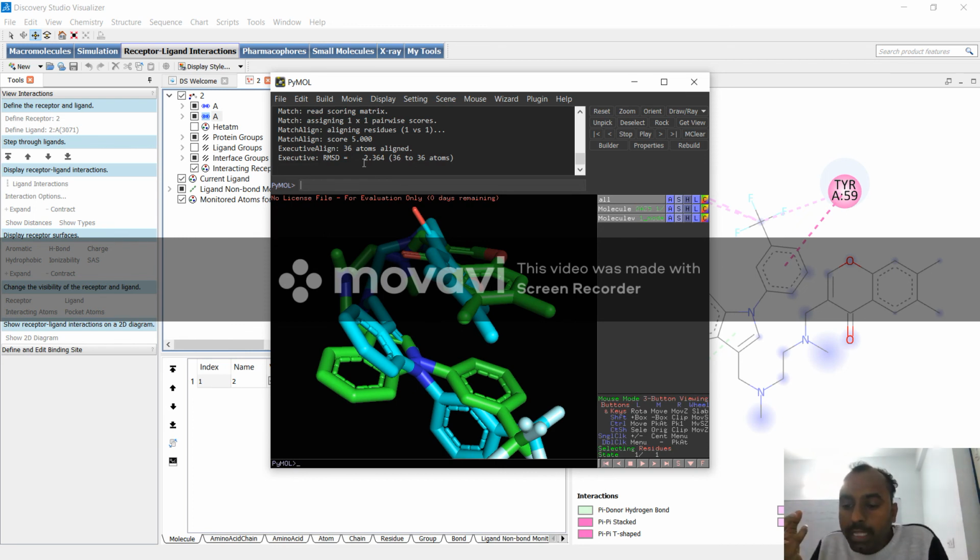However, the lower the RMSD value, the better is the docking protocol. So this is the fundamental information you need to know before you are docking, and always the best docking protocol should have a low RMSD value, that is 0.02 RMSD value is the best docked ligand complex.